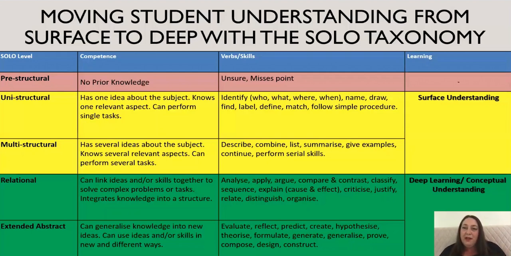If we talk about something that students have not been exposed to, they're all able to define or identify once they've been exposed to that information. Multistructural, there's several ideas. So students know several ideas or pieces of information. If we think about it from a Lego point of view, unistructural being one piece of Lego, like a yellow piece of Lego, multistructural being a red piece, there's a blue piece, there's a yellow piece, and they all stack on top of each other.